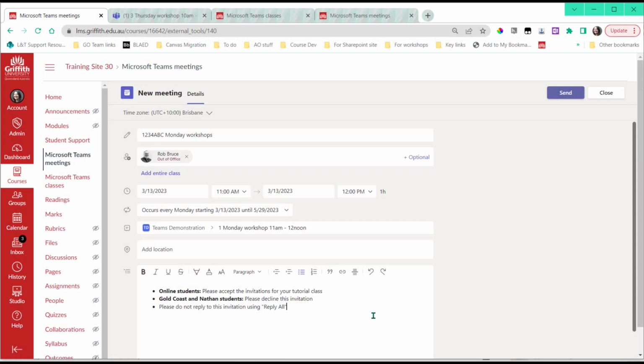You can see that I've added some instructions, so online students should accept the invitations for their specific class. Gold Coast or Nathan students should decline this invitation, and we've asked students not to reply to the invitation using reply all, as the message will go to all other students. You can then copy this text and use this text in your subsequent invitations. So now we can choose Send,